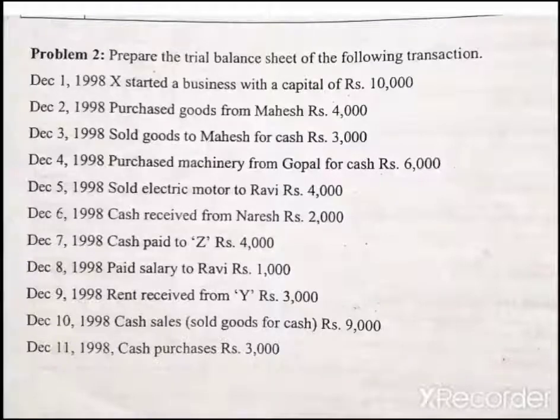Hello students, in our previous session of managerial accounting, we have seen how to transfer the financial transactions into the books of original entry, into the journal. So we have seen how journalizing is done. Now we'll see how we can prepare a ledger from the journal. We will take the example of the transactions given, of December 1, 1998. There are 11 transactions and we have already prepared the journal, and now we'll see how to prepare the ledger.